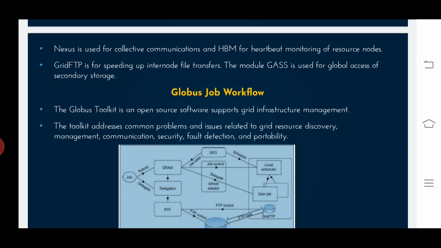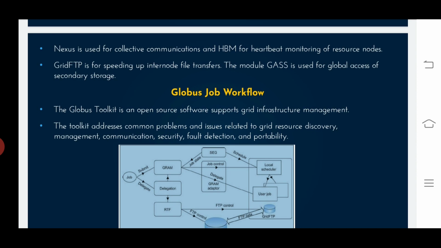What it discusses is GT4, the Globus Toolkit 4, the core grid services by module name. Essentially, we can say these functional modules help users discover the available resources, move data between sites, and manage user credentials and so on. As a de facto standard in grid middleware, the Globus Toolkit 4 is based on industry standard web service technologies.